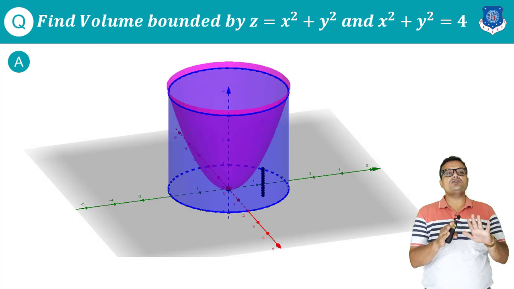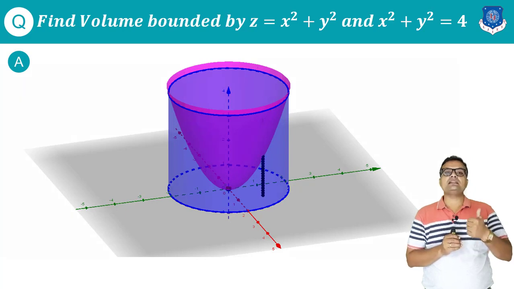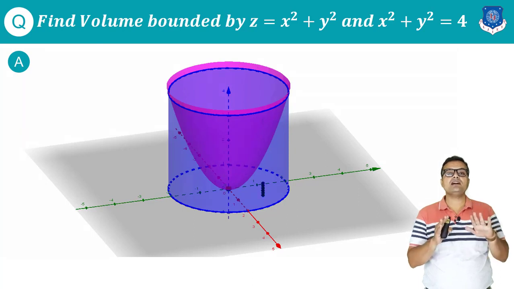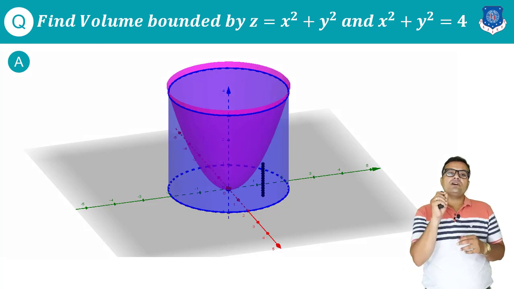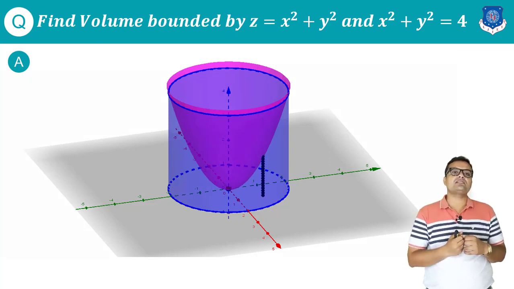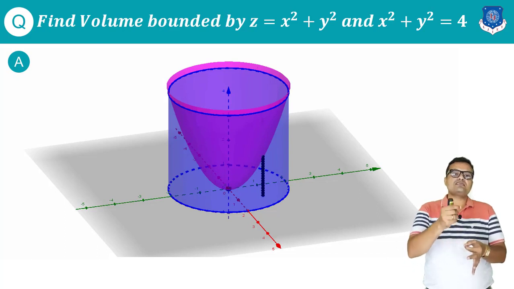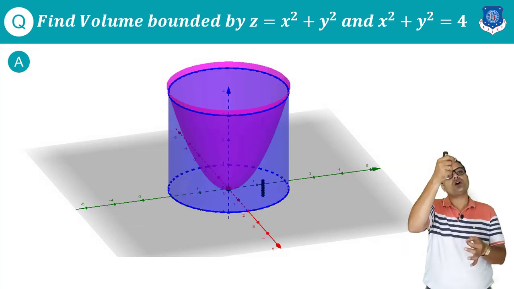So now I am fixing the order of integration. I am taking dz, dr, d theta. So if I fix the value of dz, that means I am changing the value of z only. I am keeping r and theta fixed, constant. So if I fix the value of z, you can see clearly in this graphics that the value of z is changing, while the value of r and theta remains the same. So it will trace a line in your object.